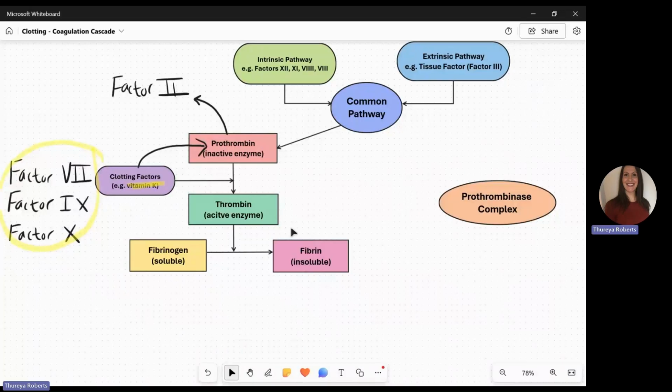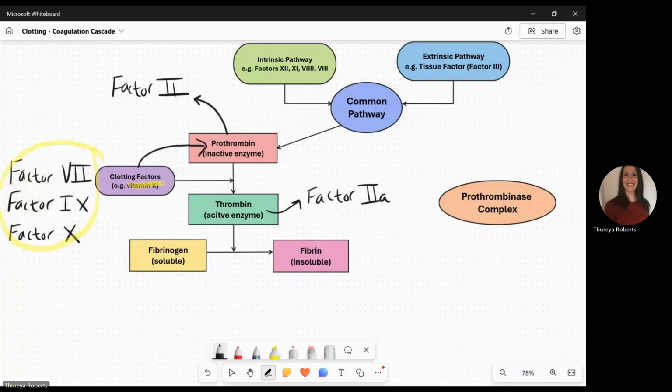Once activated, prothrombin is converted into its active form thrombin, shown here in the green box. Thrombin is also known as activated factor 2A, written like this, factor 2 with a small letter A. So activated factor 2A, or thrombin, is the central enzyme in the clotting cascade and it drives the next key